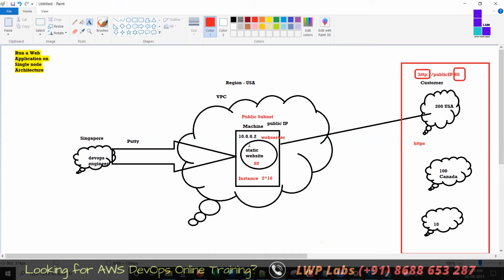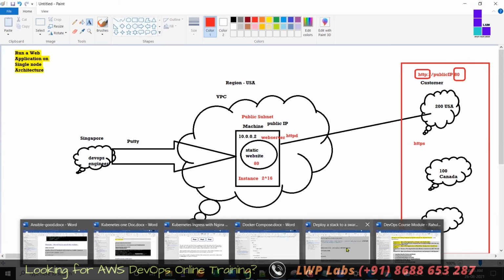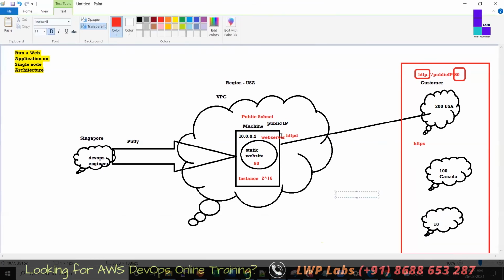First of all, you have to install some software, that is HTTPD. Whenever you send HTTP traffic, a daemon should be there to understand it. Like if I give you a Word document and you do not install Microsoft Word, how will you open these files? Similarly, here you have to install HTTPD for the HTTP service to run.